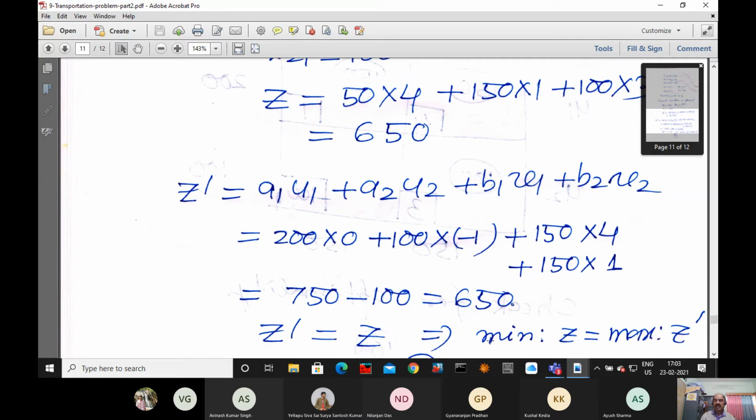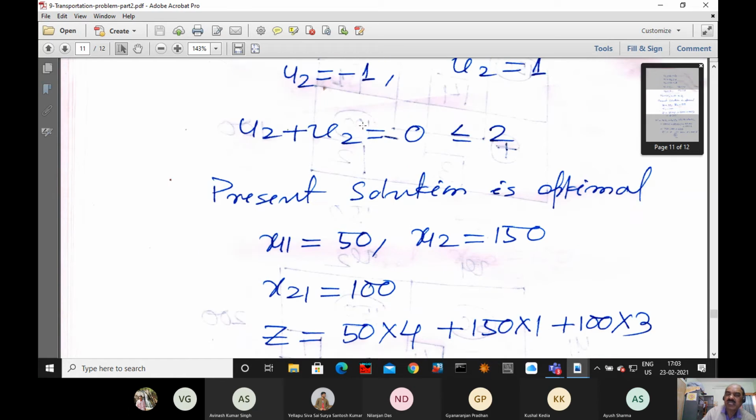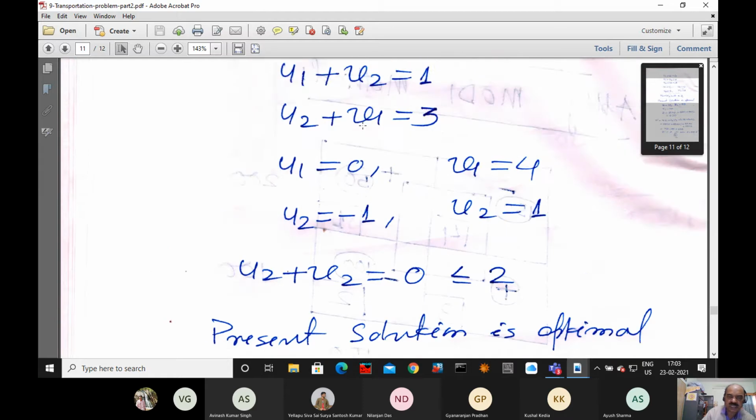Okay, now again I am repeating for those who could not understand. This smaller problem will help. Otherwise, you have a lot of queries, a lot of questions on how we are checking for optimality, how we are improving. Then, if this is cleared, then I will go for a bigger problem. Okay, right?